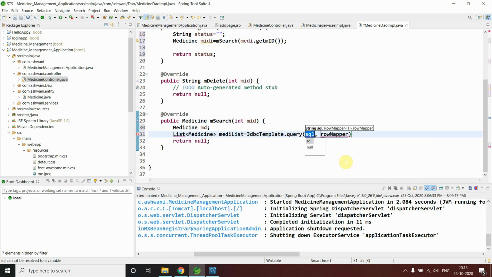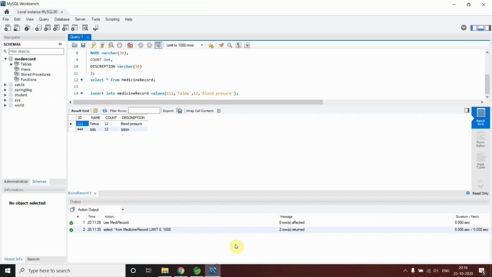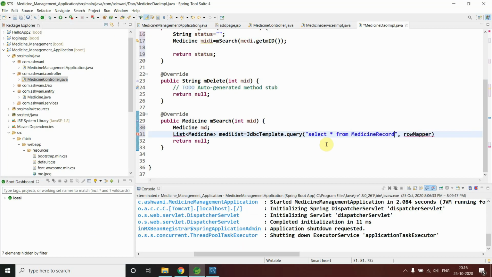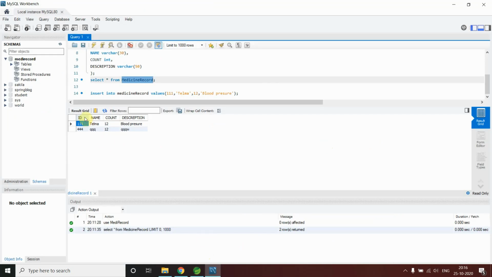How can we give it, let me show. I say select star from medicine record where id. Why am I saying id? Because look, my column name is capital ID.